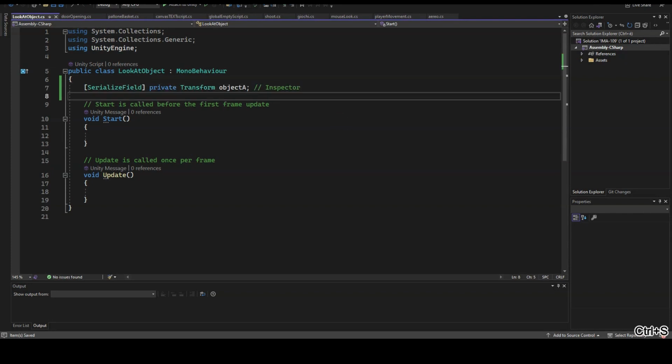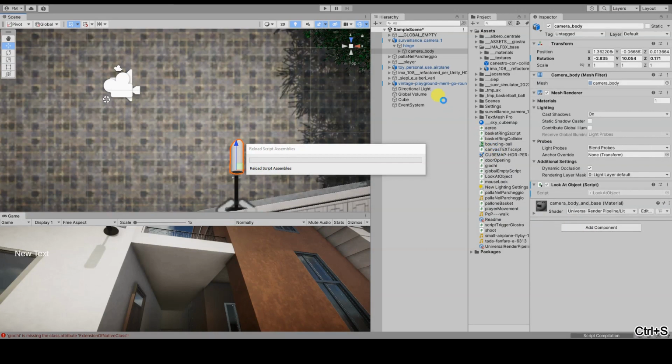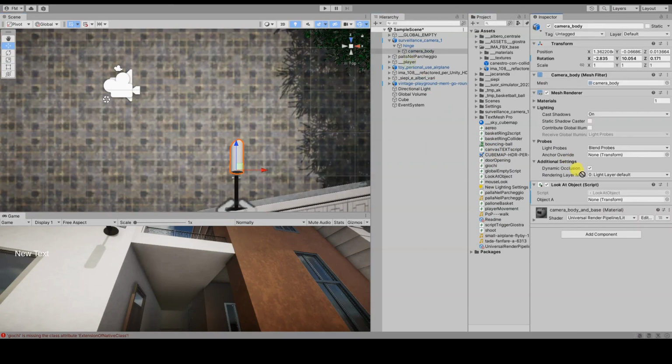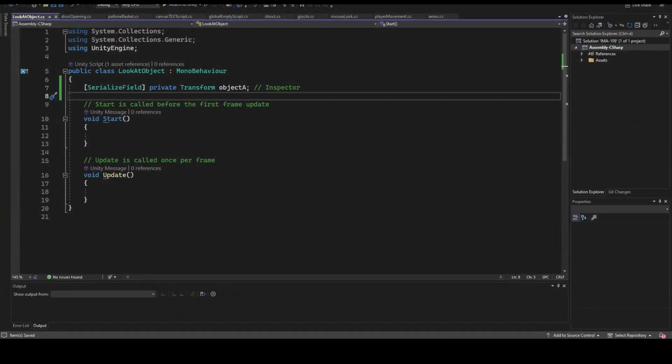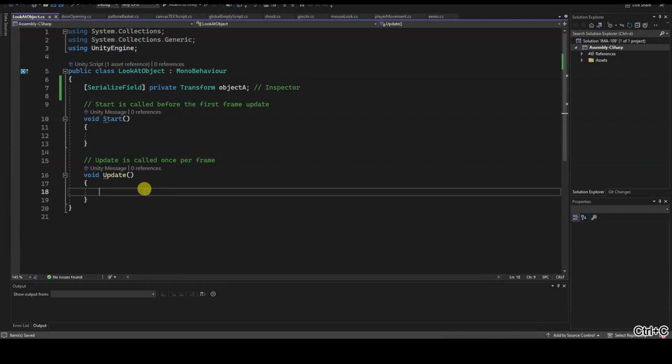Having done this, we can move directly to update to implement the solution discussed earlier. I remind you that the local vertical axis of the camera is its z-axis. We need just 3 lines of code. In the first, we will calculate the angle that separates the camera's current orientation from the one it should have to point at the object.